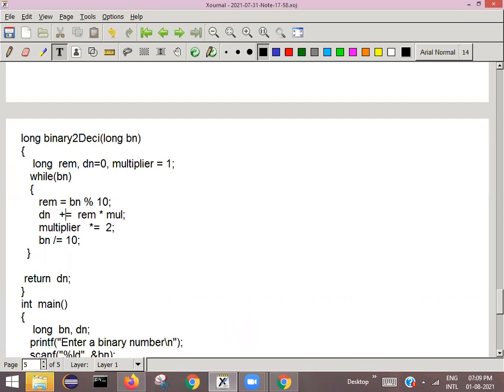Can I write like this? dn plus equals to remainder into multiplier. You can also call it mul, but better give the full name so that the meaning is clear to you.